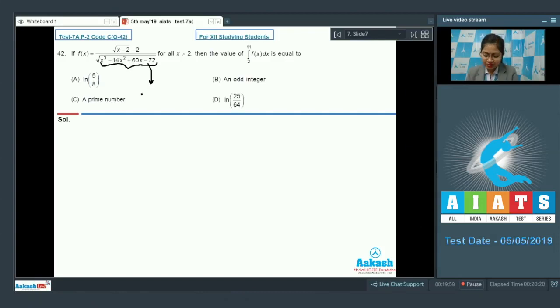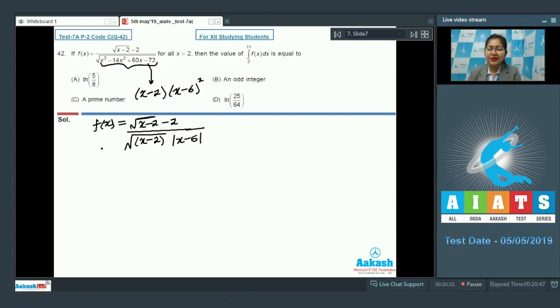By hit and trial it can be found that its factors can be written as (x minus 2) into (x minus 6) whole square. So f(x) can be written equal to (under root of (x minus 2) minus 2) divided by (x minus 2) under root into modulus of (x minus 6). Now for x less than 6 it will be written as 6 minus x. So we will get f(x) equal to, after rationalizing,